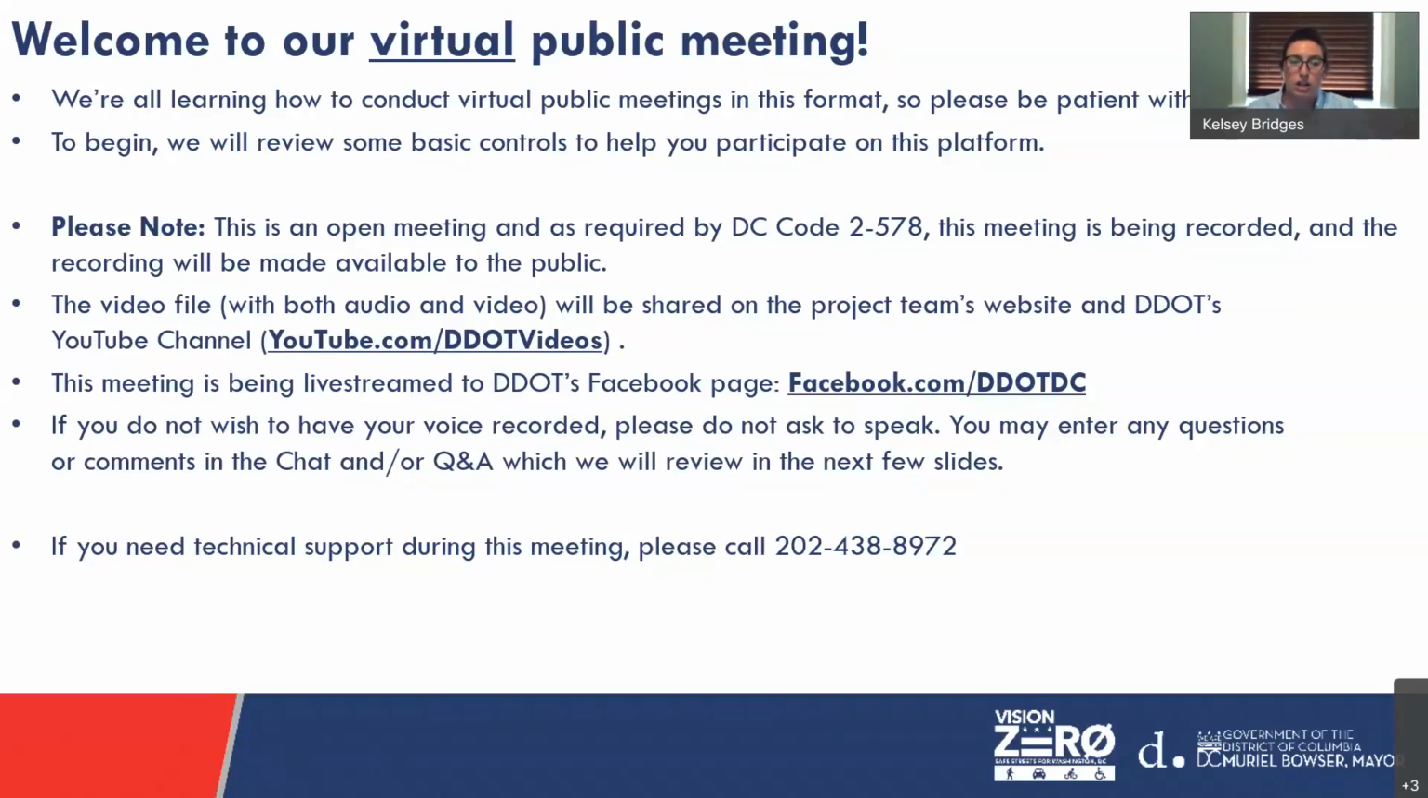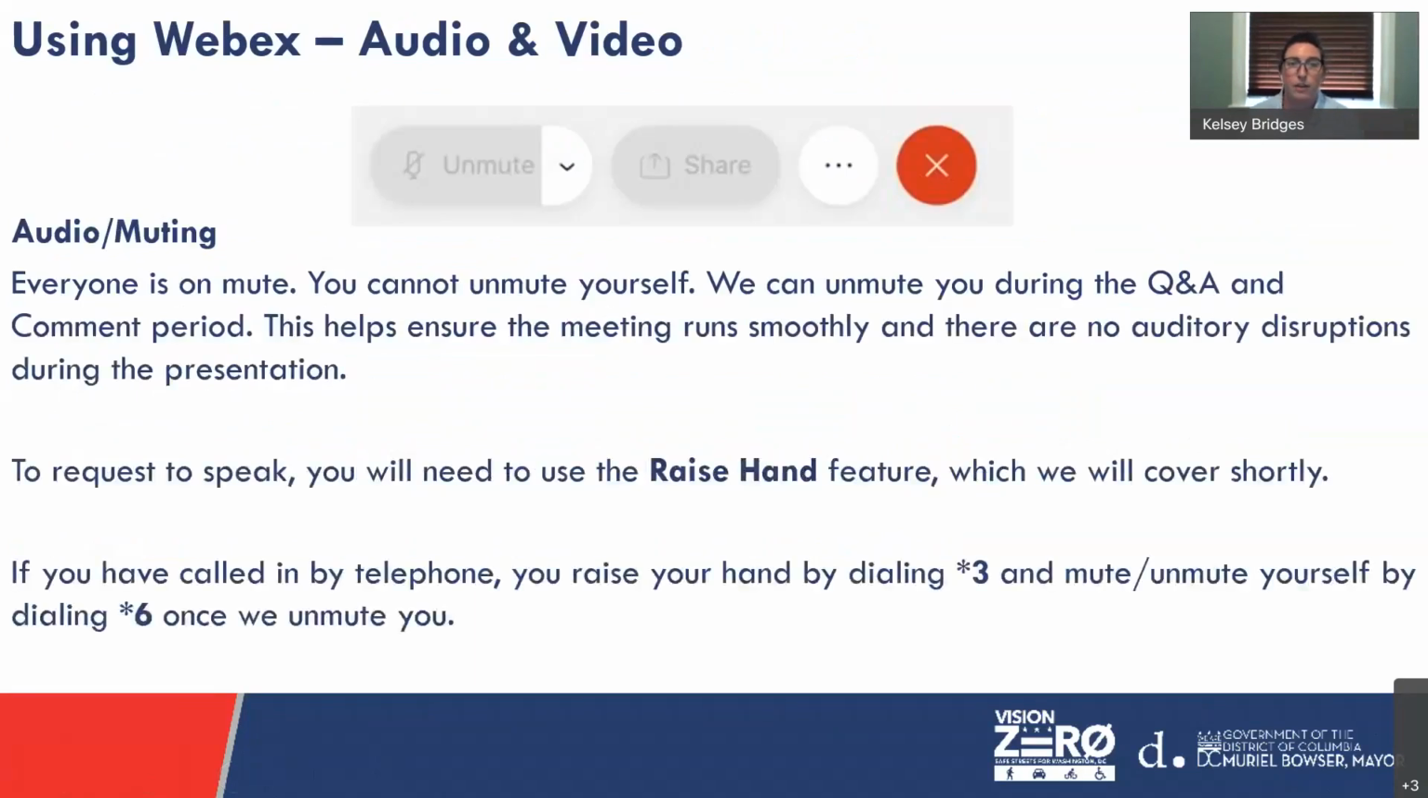You may enter any questions or comments in the chat and Q&A, which we will review in the next few slides. If you're using audio or calling in, everyone is on mute. You cannot unmute yourself. We can unmute you during the Q&A and comment period. This helps ensure the meeting runs smoothly and there are no auditory disruptions during the presentation. To request to speak, you will need to use the raise hand feature, which we will cover shortly. If you've called in by telephone, you raise your hand by dialing *3